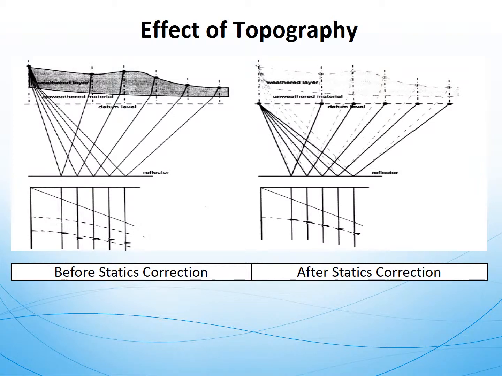This is an example of the static correction. Before static correction, we will see our reflection going up, going down, going up, and again. This is due to this weathered layer, which caused these particular problems. However, once we have the static correction, all the